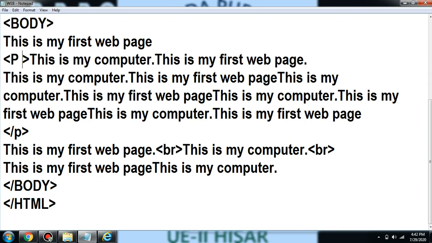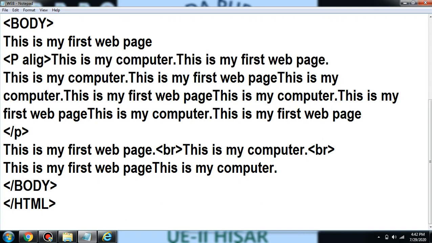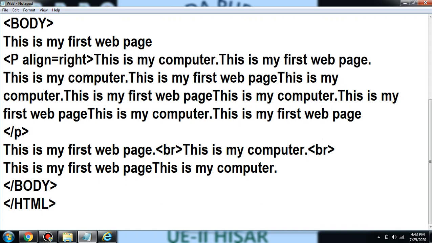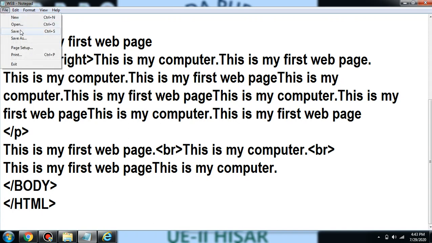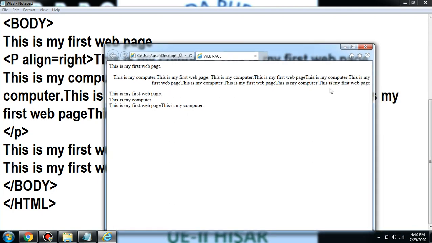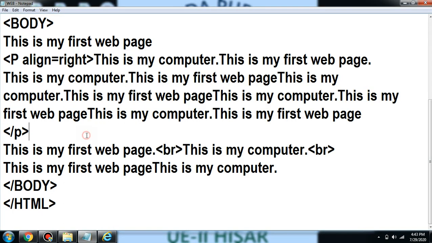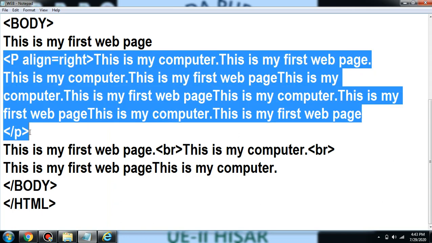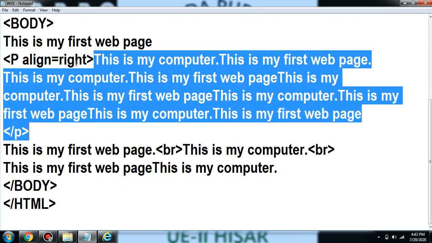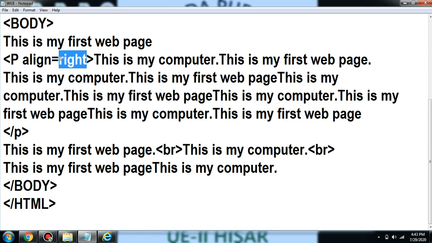The P tag is a paragraph tag, and with this P tag we can use one attribute. Suppose align, I am writing here right. 3 alignments are there: left align, right align and center align. So in this I have put align equals right. I am just refreshing it. You can see the difference. This paragraph is being aligned on the right side. So that is the difference between BR and P, that the P tag will start a new paragraph. It will start a new line along with paragraph settings. We can apply the align attribute, while the BR tag is an empty tag.